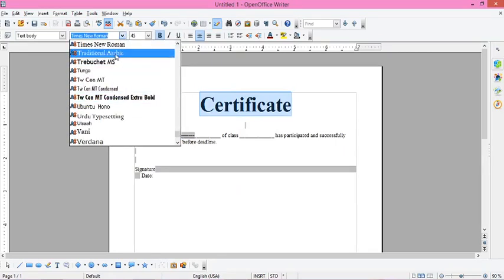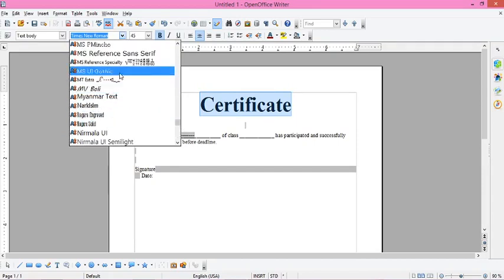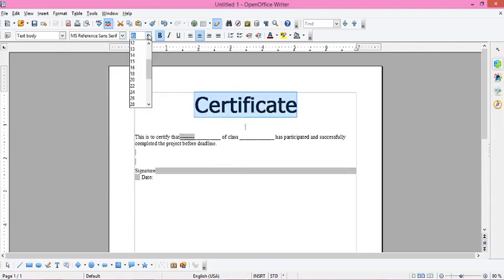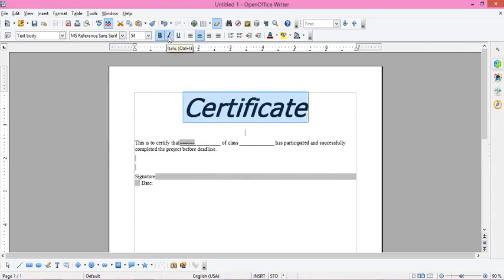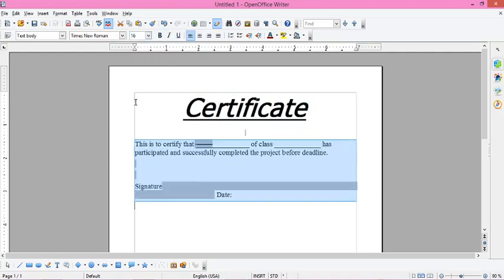Let's give it a particular font style. Here this is a kind of format that I have created for a certificate, and I want to save it as a template in OpenOffice Writer.